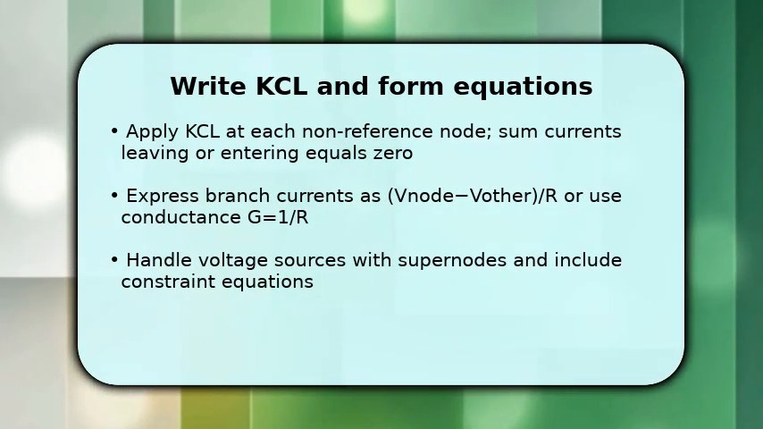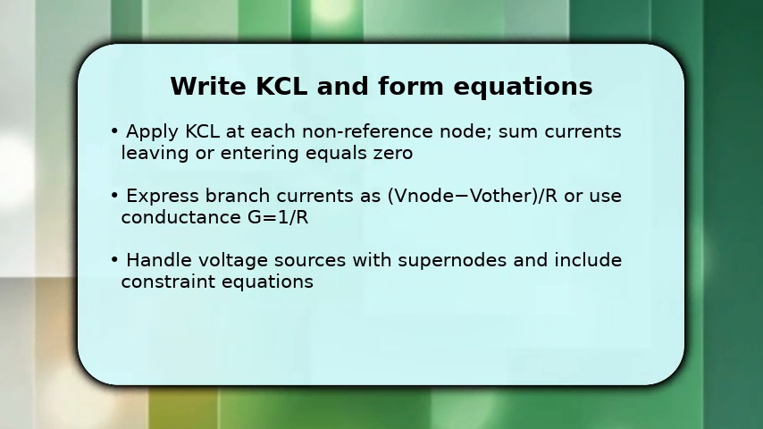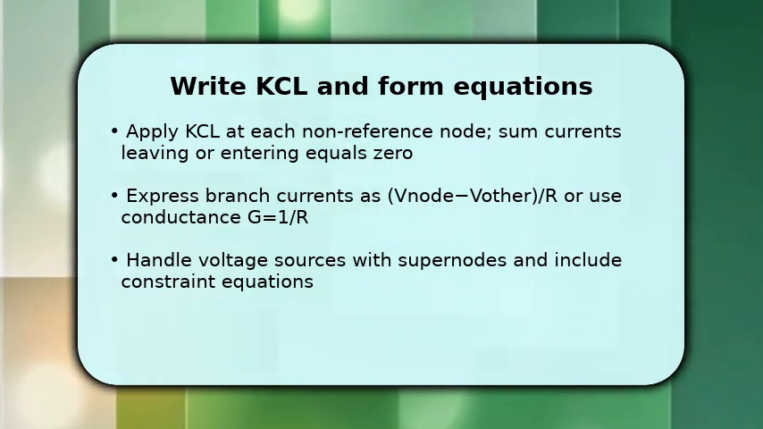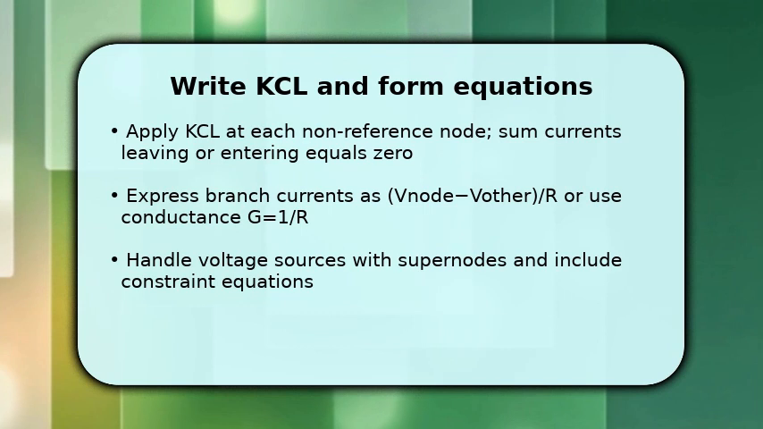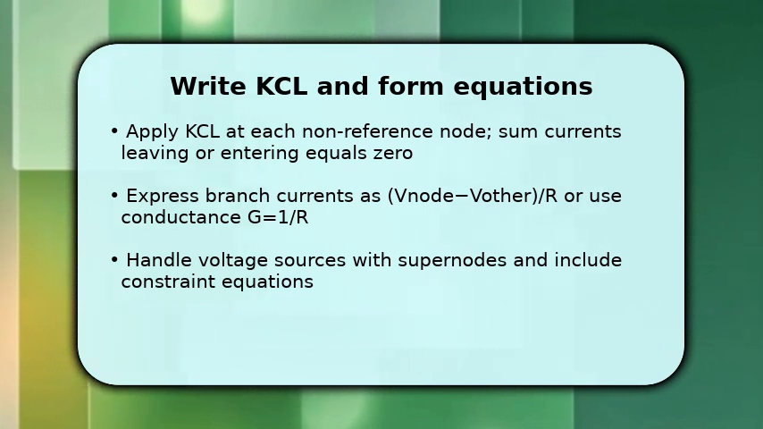You now write KCL for each labeled node. Sum the currents leaving equals 0. Express each branch current as V node minus adjacent voltage divided by resistance, or use conductance G to simplify sums